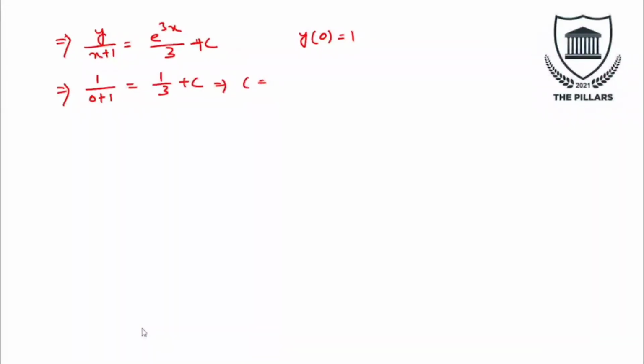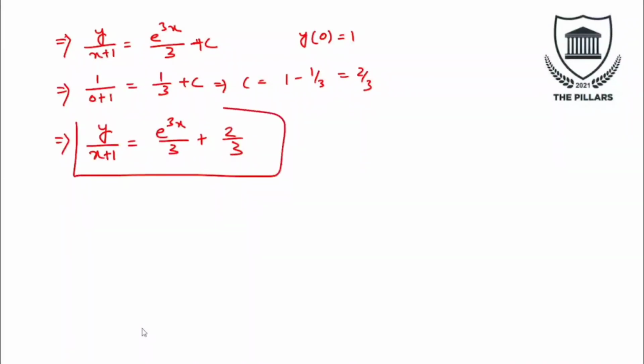Then we get the c value 1 minus 1 by 3, that is 2 by 3. Now put this arbitrary constant value in the solution. y by x plus 1 is equal to e to the power 3x by 3 plus 2 by 3. Now this is the solution of the given linear ordinary differential equation. So basically what we did,